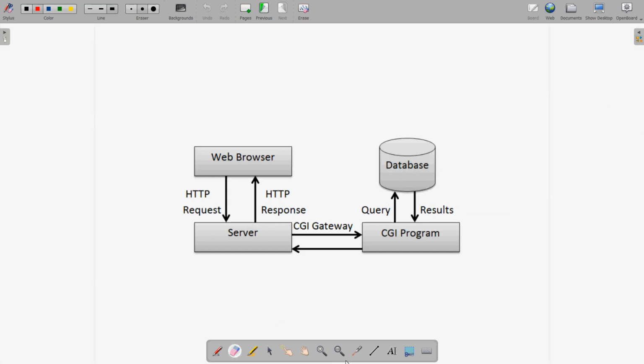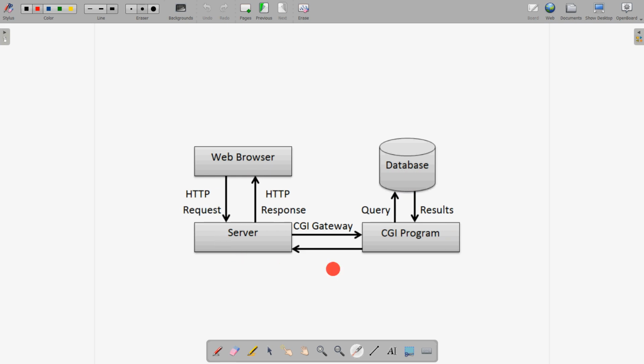So we have seen that whenever we request any page from a web browser, this HTTP request goes through the server, where there is a program, the CGI program. CGI stands for Common Gateway Interface, and using this there is a query from the databases, and whatever result is obtained is transferred through the CGI gateway to the server, and the HTTP response is transferred to the web browser.